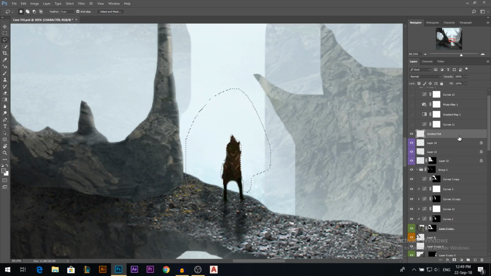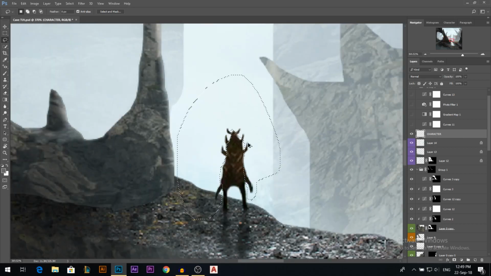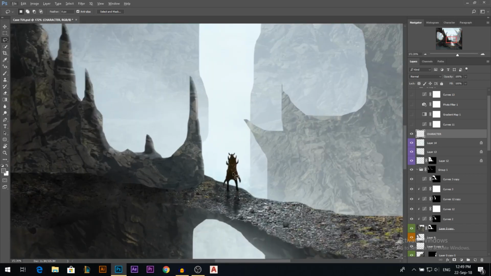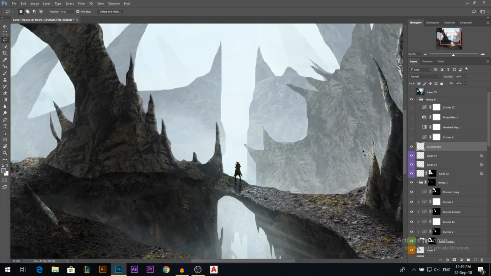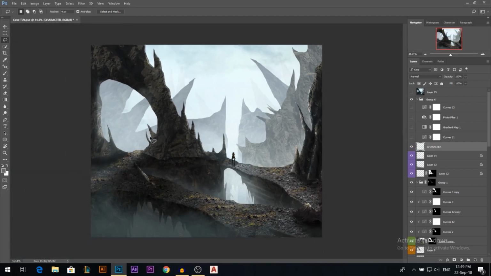Oh, let me stand on the right layer. This is how the original character looked, but I drew these spikes and I just added color on top of it, so it looks like the character is having some spikes, the same as the environment. And then I'm done with the compositing. Let's